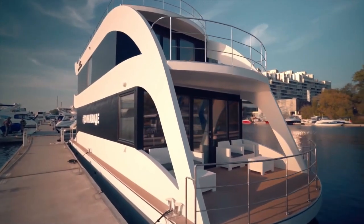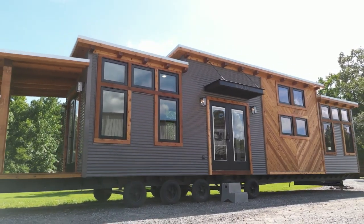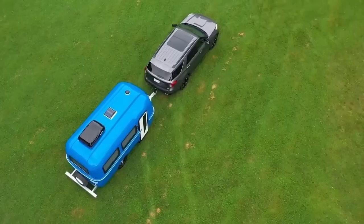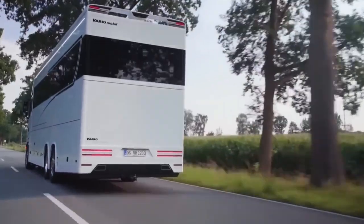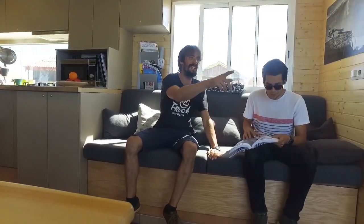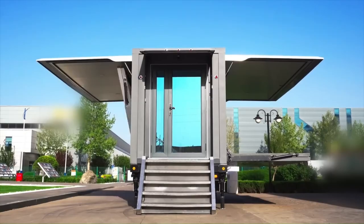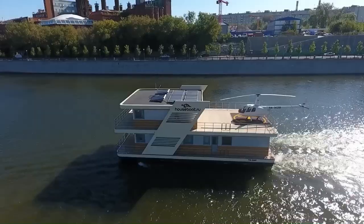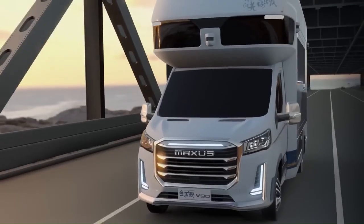A journey through the world's most luxurious and innovative mobile homes. Mobile homes have evolved far beyond simple camper trailers or RVs. They now encompass groundbreaking designs and state-of-the-art technologies that redefine mobile living. Whether tailored for adventurers, luxury seekers, or eco-conscious travelers, these homes on wheels offer an unmatched combination of comfort, style,